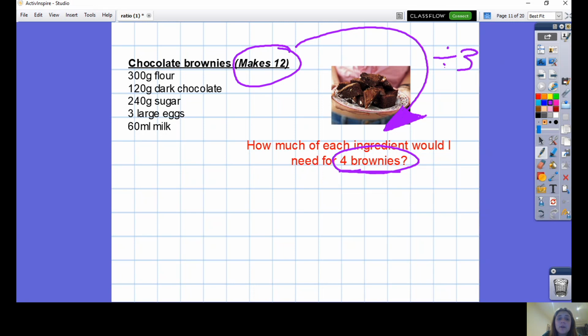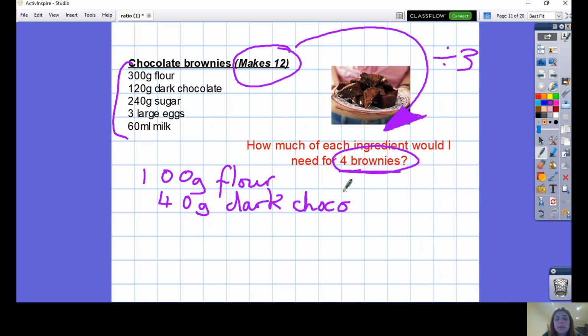So now what I need to do is find 1/3 of all of those ingredients. I divide every single ingredient by 3. 300 divided by 3 is equal to 100 grams of flour. So I'd need 100 grams of flour. Now I move on to the dark chocolate. What's 120 divided by 3? Well done if you think it's 40 grams of dark chocolate, and you have to write it all out like